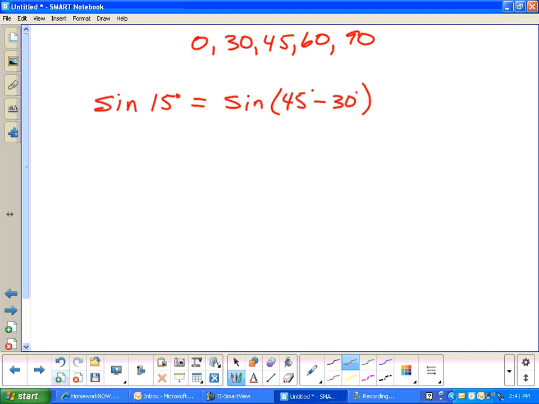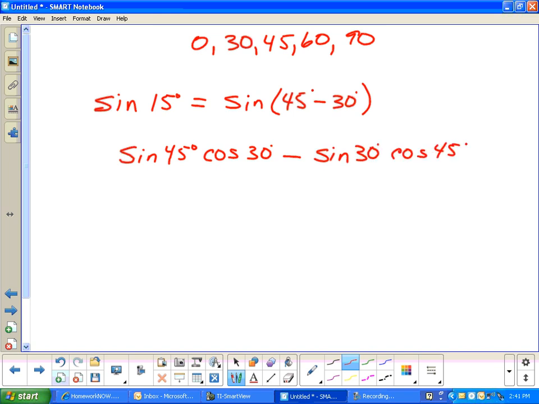Now we can write the sine addition difference formula out, and that becomes sine 45 cosine 30, keep the sign because it's the sine formula, minus sine 30